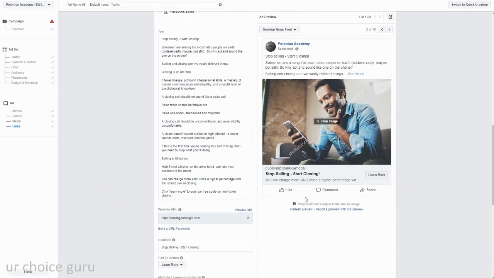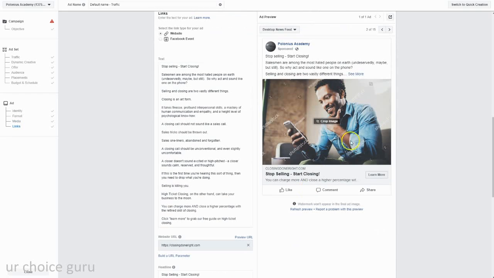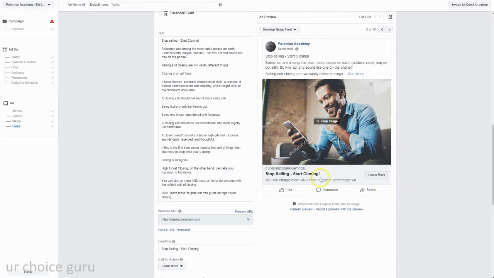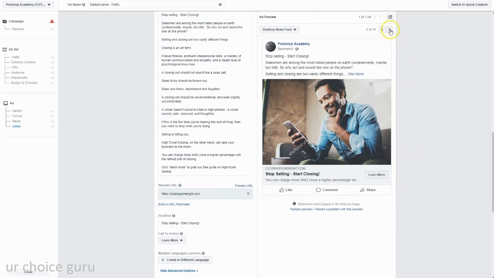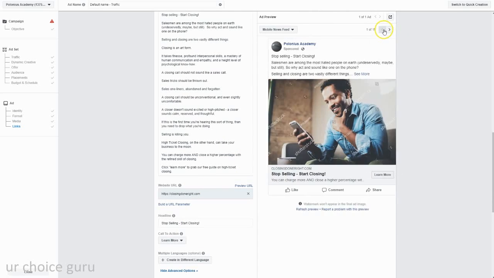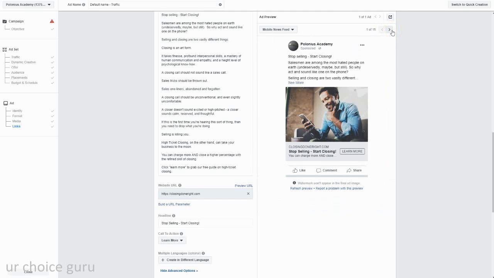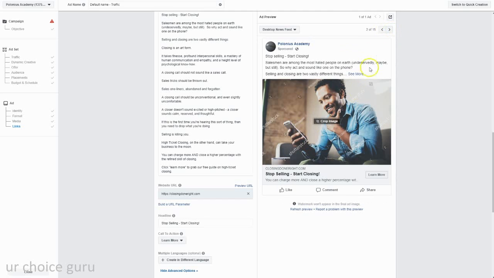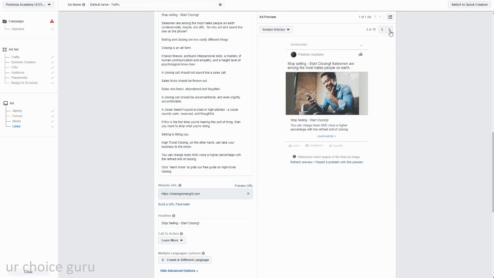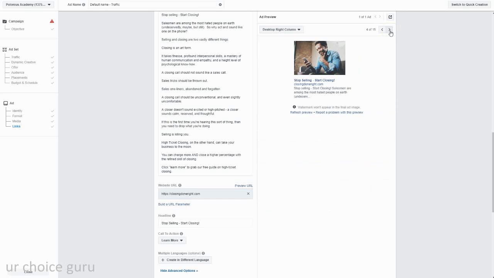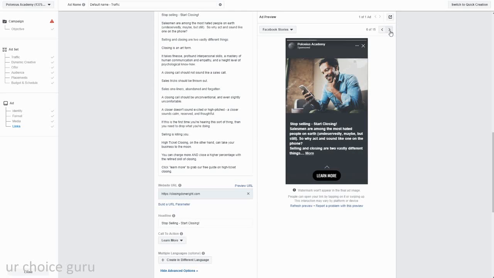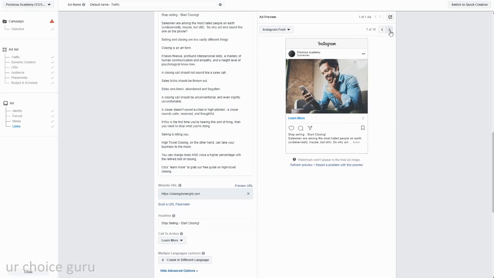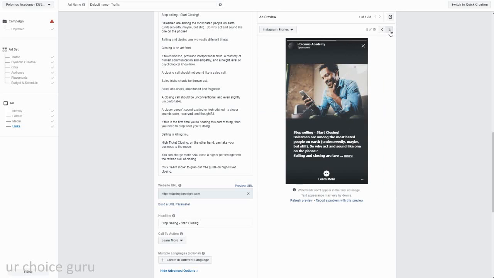That is more or less it. We've got our ad copy, we've got our ad image, we've got all the details down here set up, we've got linking to our website, and let's have a look at what this looks like in all the different placements. So this is mobile newsfeed, not bad. Of course the watermarks will be removed once the ad is published. And this is desktop newsfeed, instant articles, right column, mobile marketplace, Facebook stories, your Instagram feed, Instagram stories,